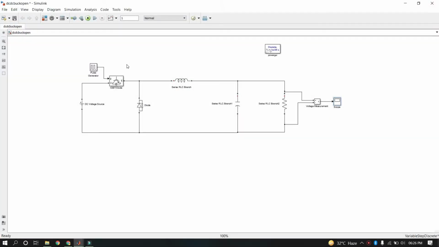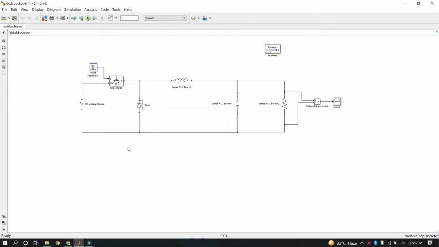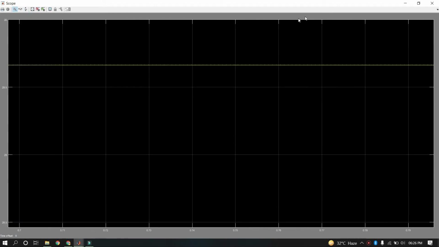As it has further decreased, I will increase the duty cycle more. Now I will keep it at 60. I will click on the run button. Okay, and now let us see what the output voltage is. Okay, so now you can see it has increased. So this much amount of error you need to keep, because we are considering 10% loss. It is not that all the time we are getting the 10% loss. It is something that we are considering, right?